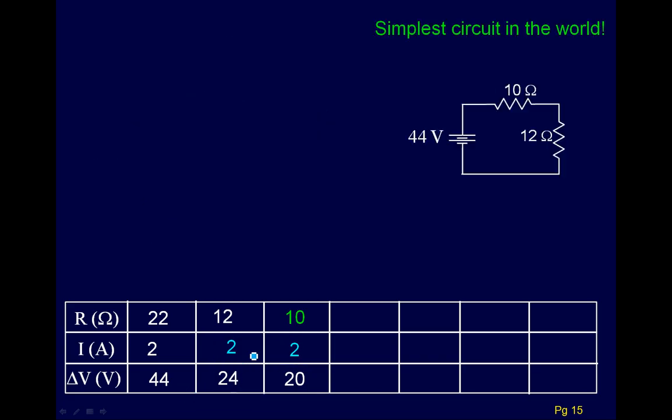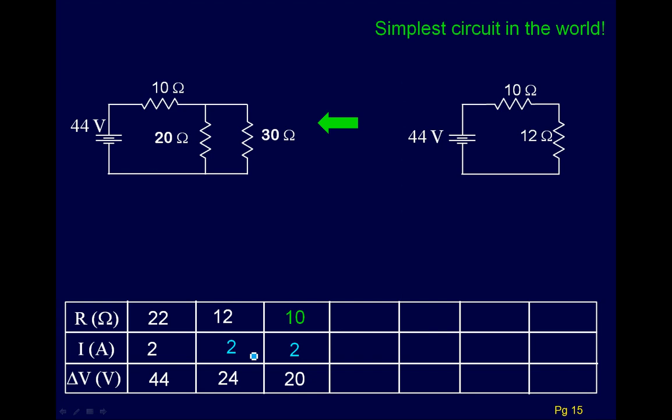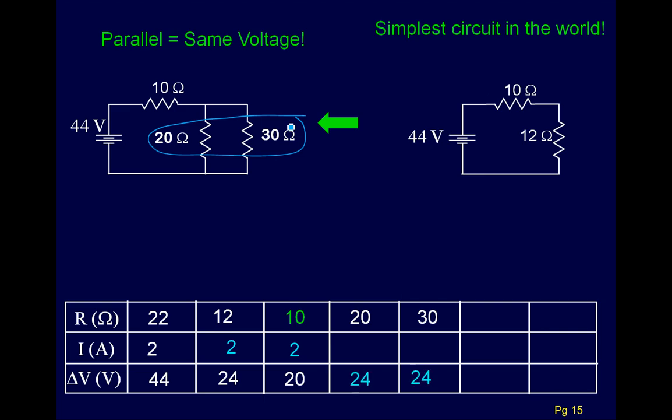In our last step, we take this circuit where we are now and unfold the last parts, the 20 and the 30. We want to find out everything there is to know about them as much as we can. And here, parallel means it's the same voltage. The 12 ohm resistor became these two, if you remember. And so the voltage is the same. It's the 24, which is across the 12 ohm. Then to solve for the current for the two different resistors, for instance, 24 volts divided by 20 ohms, you get 1.2, and then 0.8